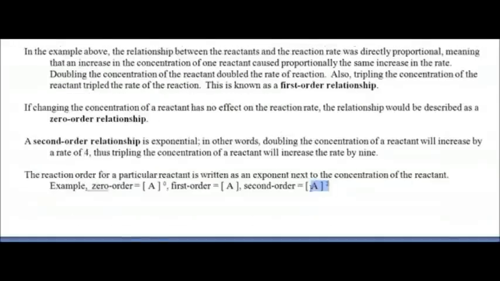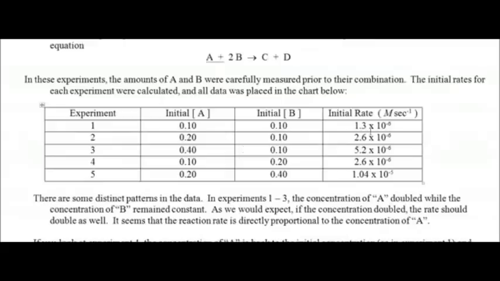And then down here I have how you would represent that. If we're looking at, say, a zero order reactant, you have the option of putting a 0 as your superscript, or not showing it at all, because anything to the 0 power is 1. So when we plug the concentration into the data that we're going to be using for this table here,